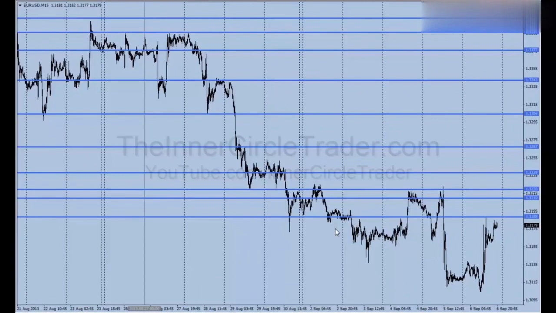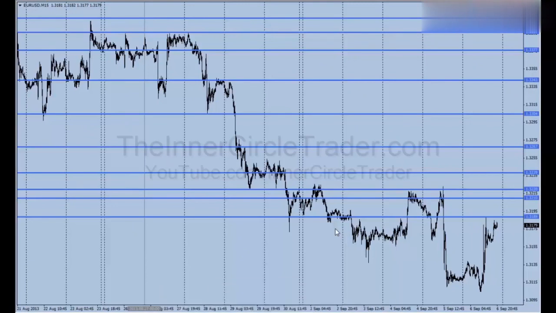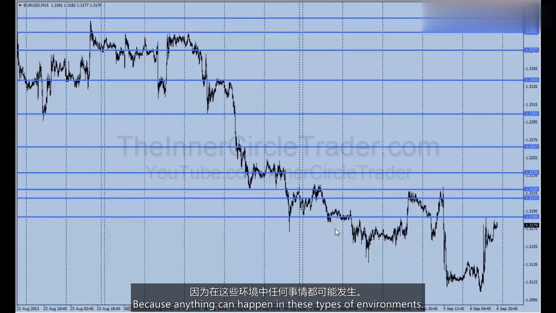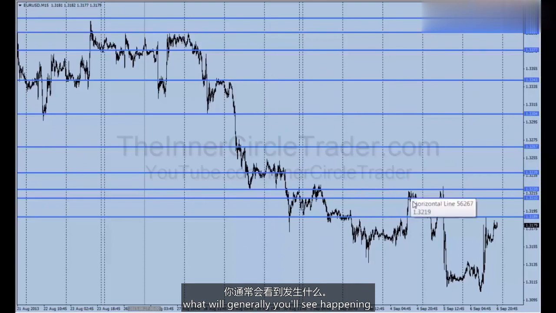Okay, they just scale back, and that's something that you should do as well. So what do I mean by that? Well, it means, number one, scale back the level of trading leverage you're using, because anything can happen in these types of environments. Okay, but what you'll generally see happening is there'll be a lot of range bound trading